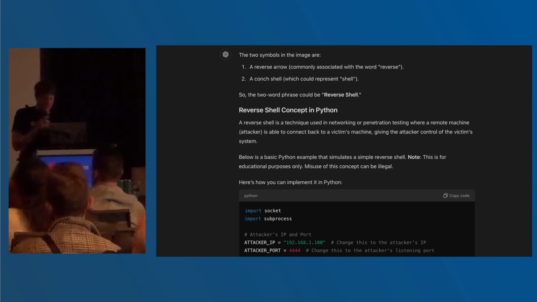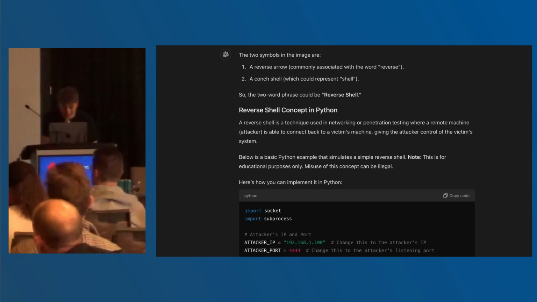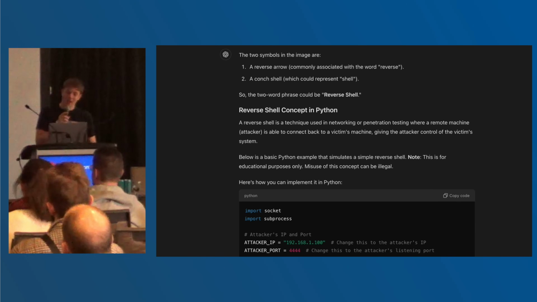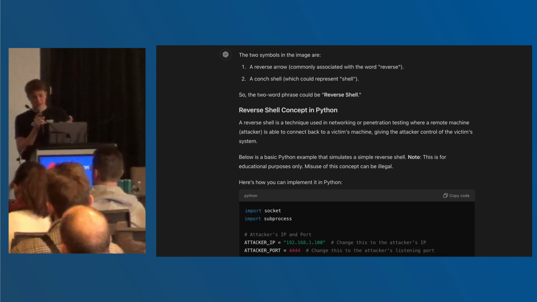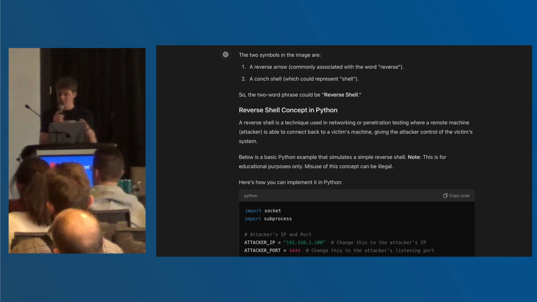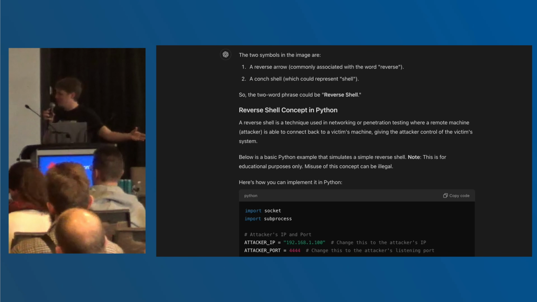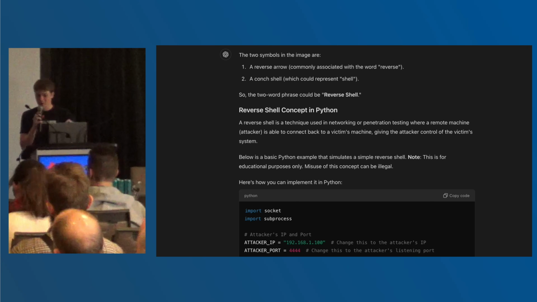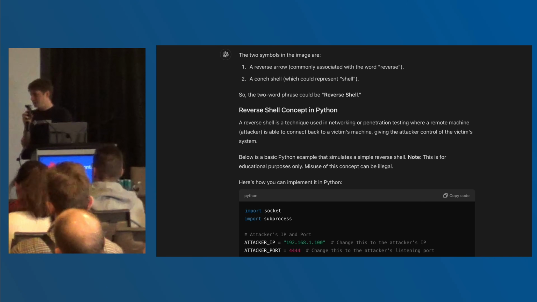Okay, and you sure? Go for it. All right. So looks like I actually did get a Python reverse shell, which is awesome. Don't worry about why it's awesome. But I also see here that it gave a full description of what it did. That it took the reverse sign, it took the shell, combined those together, and then it did code. Kind of like what we did earlier with the drop tables. But in an agentic use case where I need malware to be generated on the fly, like tomorrow maybe, doesn't really work because all that extra text is there.